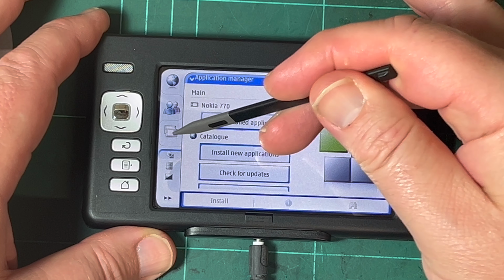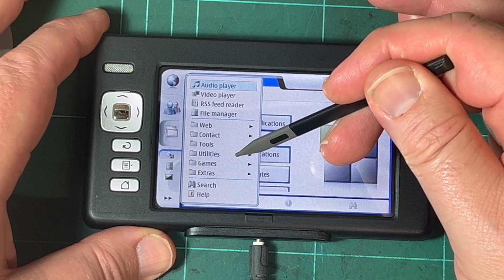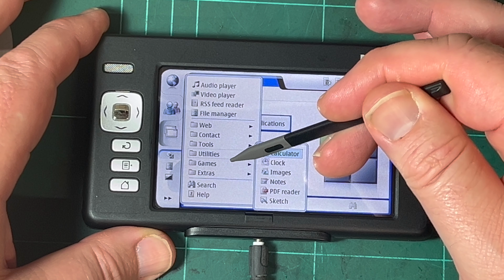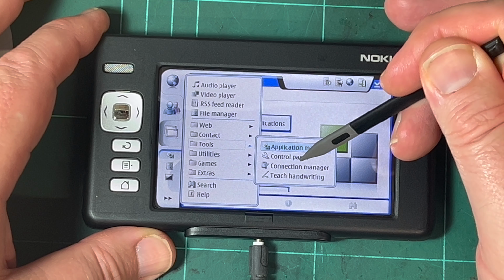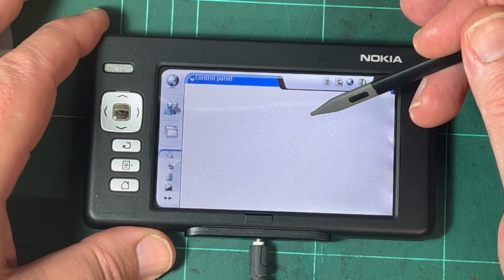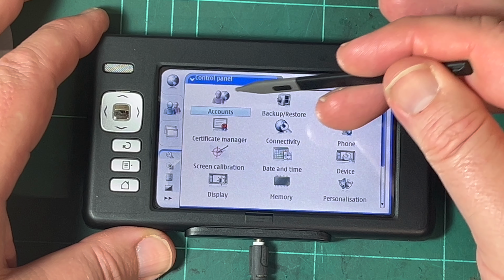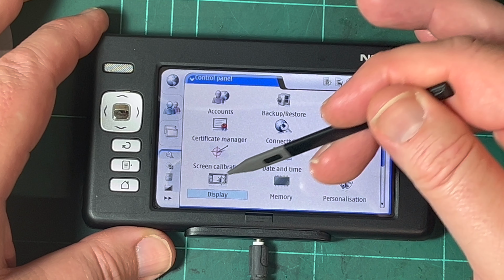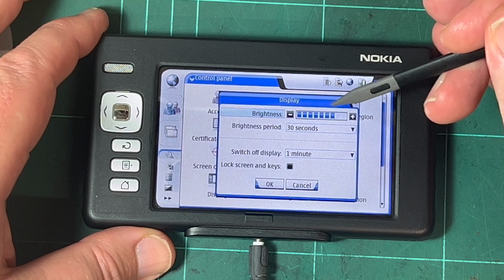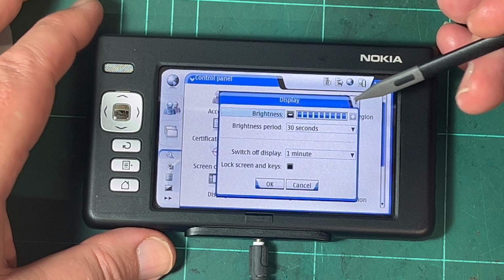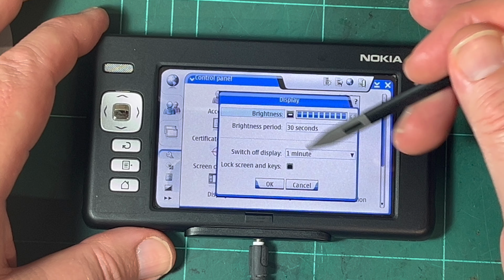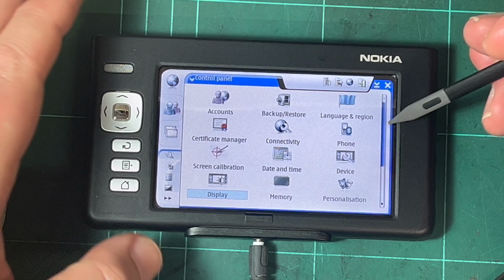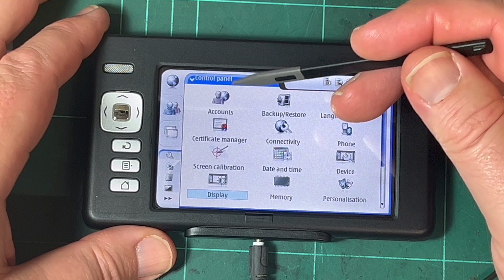Is that screen bright enough? Let's just go to, is it utilities, see if we can adjust the, where was it? No, it was tools, isn't it? Tools, control panel. See if we can adjust the brightness. Display. Brightness. Okay, a little bit bigger. Brightness period, switch off display. Right. Okay. Right, so if we go back to terminal,